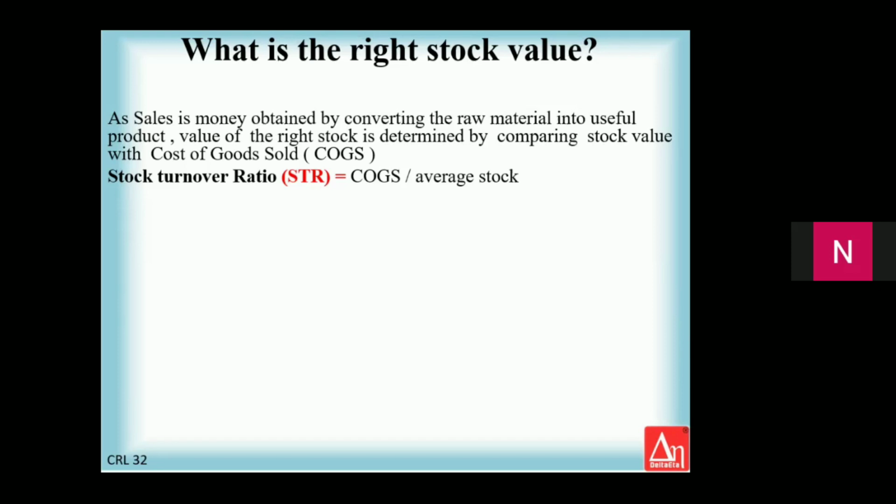The first measure which we normally use in enterprises is the stock turnover ratio, which is the cost of goods sold divided by the average stock. STR indicates how many times the stock inside the organization becomes money in one particular year, calendar year or financial year. Overseas, they use January to December as a financial year. In India, we use April to March. So whatever calendar you follow, in a year, how many times is your stock getting converted into money? This is called the stock turnover ratio.